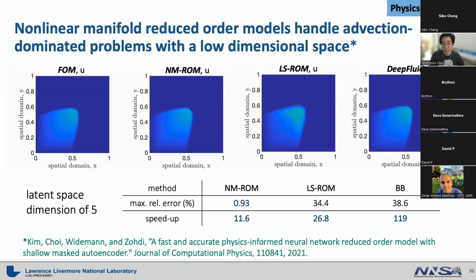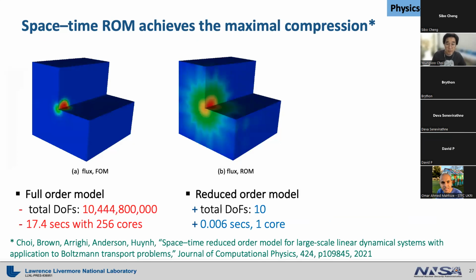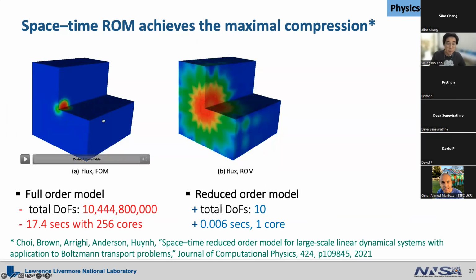Quantitatively, NM-ROM achieves less than 1% maximum relative error. Furthermore, a speedup of 11 is achieved by the NM-ROM, while LS-ROM and deep fluids are struggling to achieve a precise solution. Another interesting variant of the projection-based reduced order model is, I'm sorry for the movie, but this full